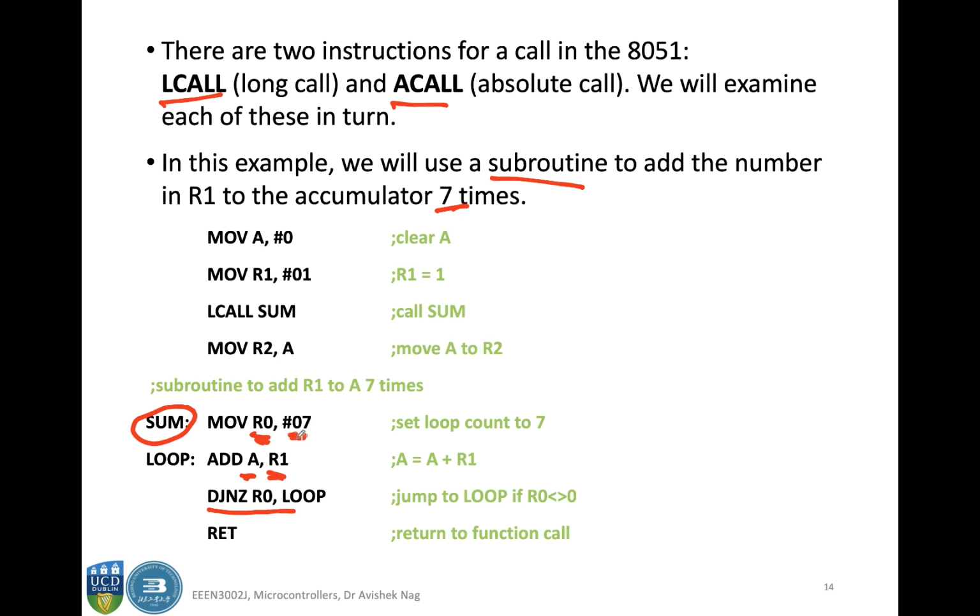Okay, and in this case it is 7 times. So you initialize R0 with 7 and then you are checking whether R0 is going to 0 or not. You are decrementing and then checking whether it is 0 or not. So as long as it is not 0, it is jumping to this line loop and it is doing the same addition 7 times in a loop. Okay,